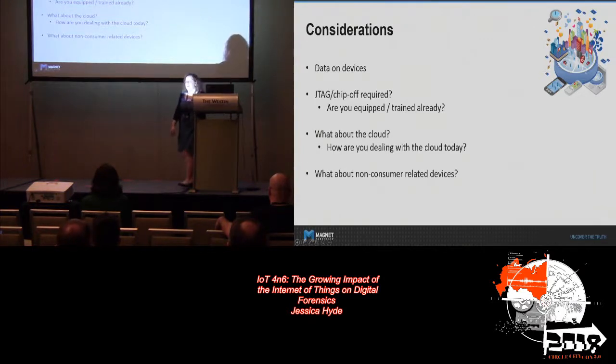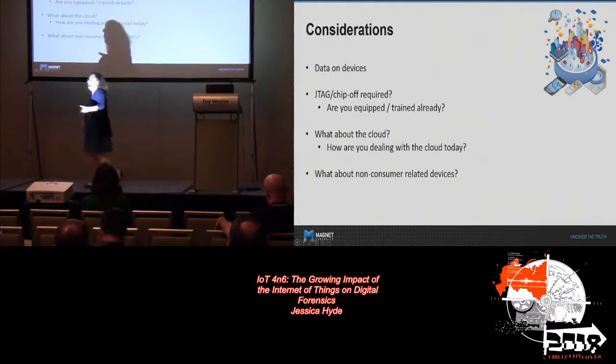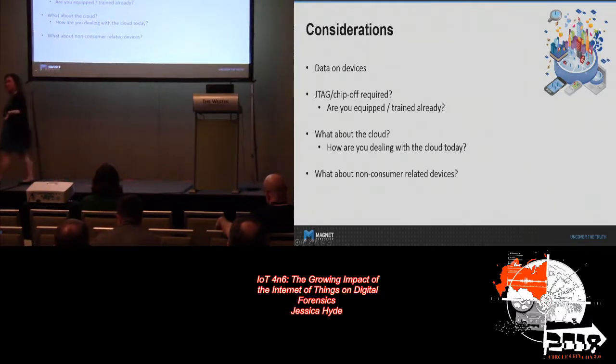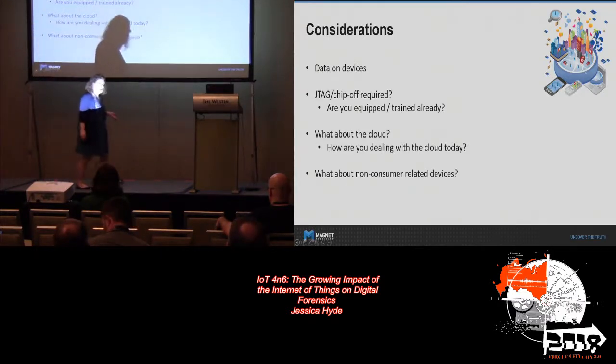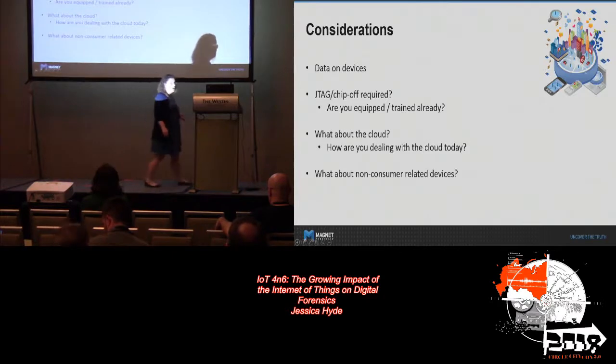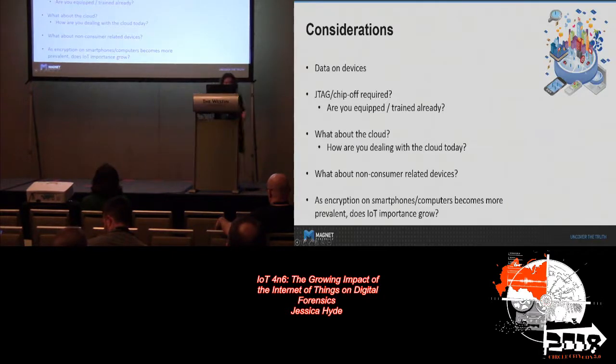And what about these non-consumer related devices? I don't have a lot of access to devices inside human beings, like insulin pumps. I don't have a lot of access to smart grids. There are things I just don't have access to touch and to test with. And as encryption becomes better and better on smartphones and computers, since nobody seems to be caring about it on